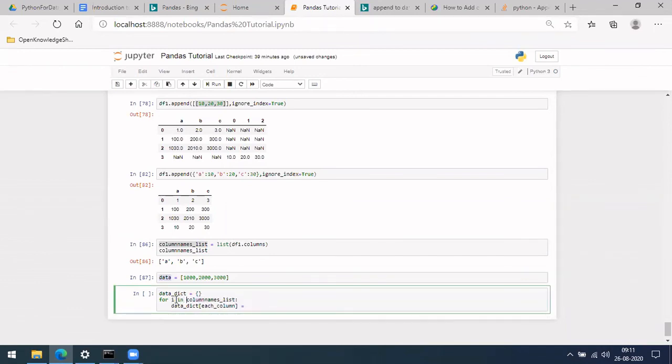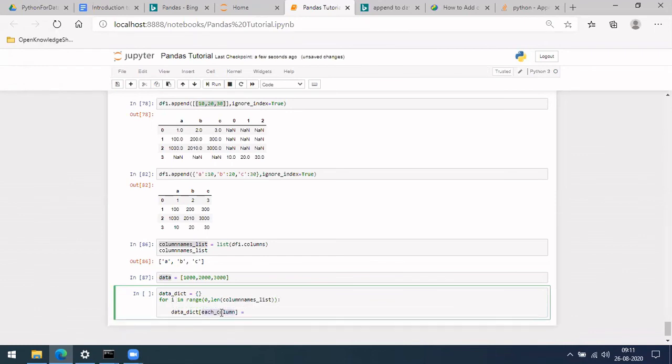I in range 0 comma length of the column list.